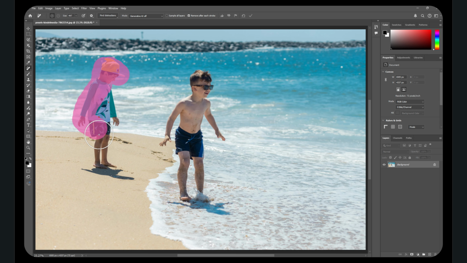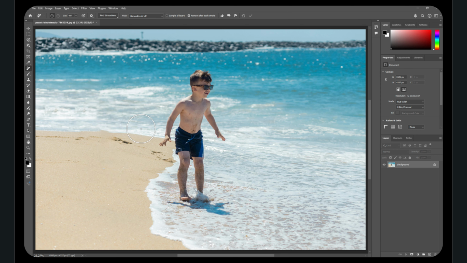The goal here is to include enough of the surrounding background in your selection so the tool can fill in naturally. As you can see, the first pass already did a decent job, but we can refine it a bit more. For instance, I'm going to smooth out this waterline on the beach and reshape the floor slightly by removing some extra sand. And just like that, the person is gone and the scene looks